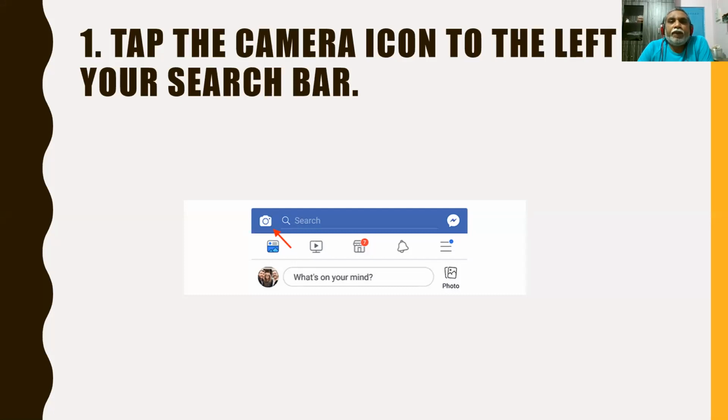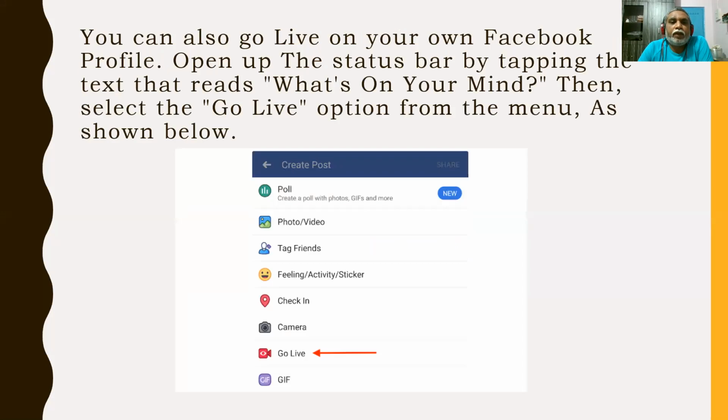Tap the camera icon to the left of your search bar. Here is the camera, tap on that camera. You can also go live in your own Facebook profile.